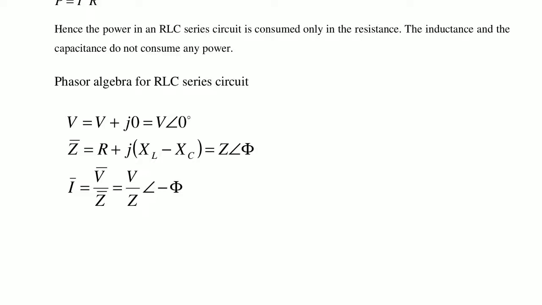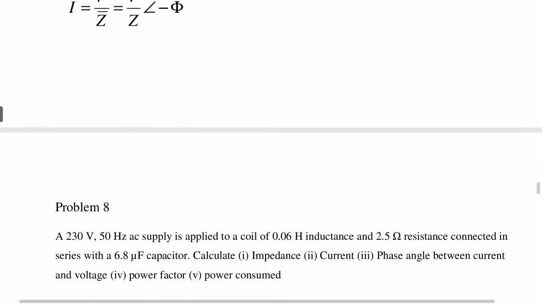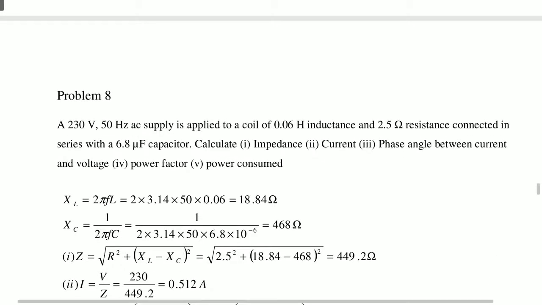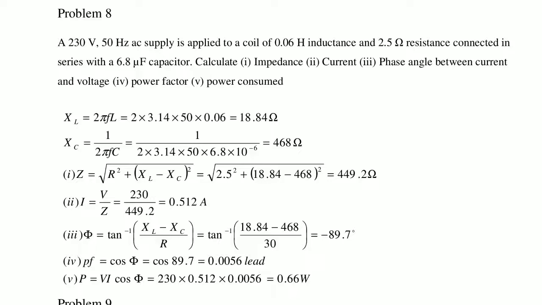Now I bar is equal to V bar by Z bar, which in polar form is V by Z angle of minus phi degrees. Now see one problem in this case. Once you read the problem,